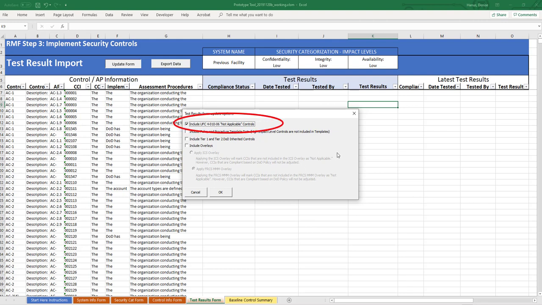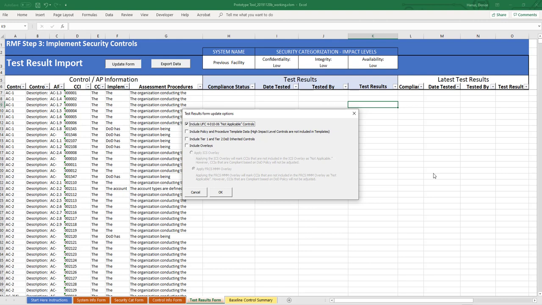The first option I would like to discuss allows the user to decide if they want to reference not applicable controls identified in the Unified Facility Criteria, Cybersecurity of Facility-Related Control Systems, Appendix H2. These controls were populated as not applicable on the control information form. However, because there are so many more lines associated with the CCIs on the test result export form, the user